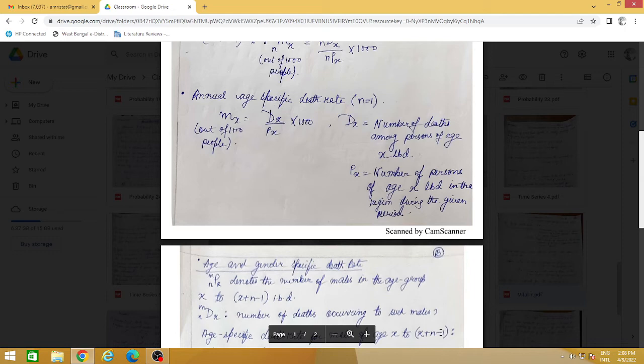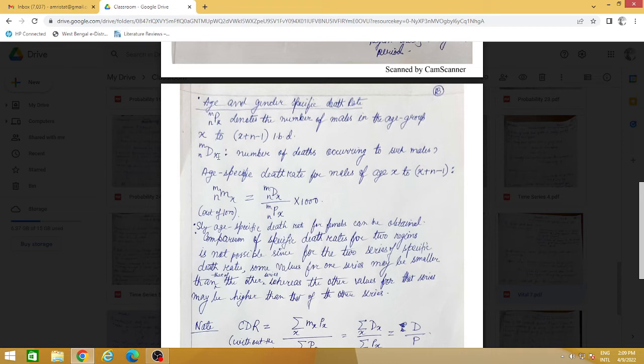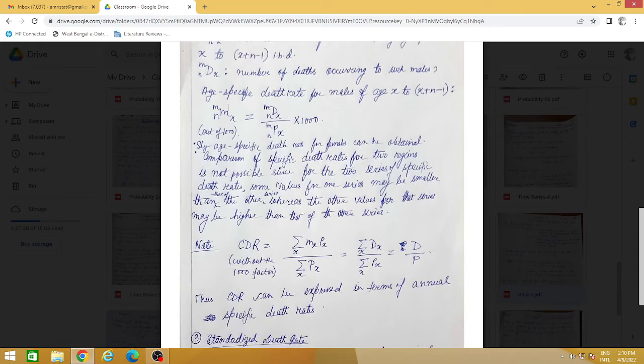MPnx. What is MPnx? M describes the male population and Pnx describes the population between the age limits x to x plus n minus 1 in a certain region during a certain period of time. And what is MDnx? Again, the male population who are dying in the age group between x to x plus n minus 1. Okay, but I'm just talking about the male population, not the whole population, right? So now it becomes age specific death rates for males of age x to x plus n minus 1, and this is given by